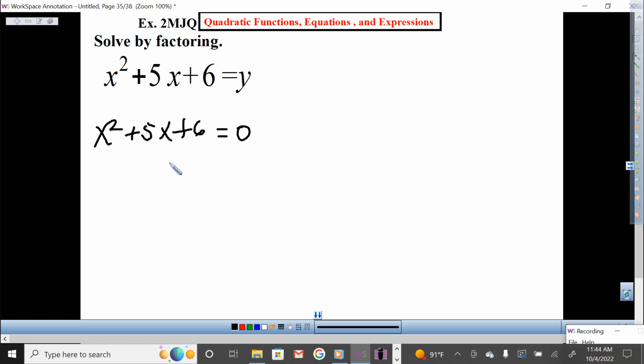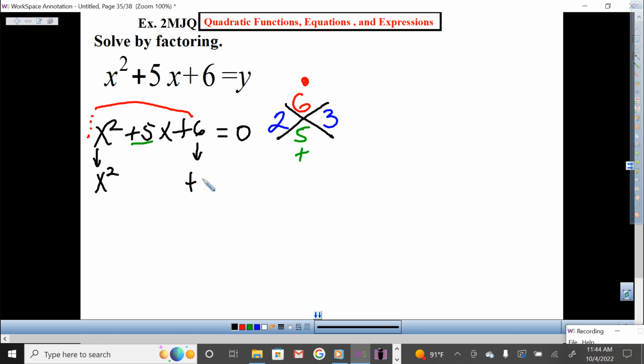Question, how do we factor this side now? Tell your neighbor, your noodle should have kicked in already. So we got 6 on top. What's underneath? 5. What factors of 6 add up to 5? 2 and 3. So we bring down the first term, bring down the last term, and instead of writing 5x,